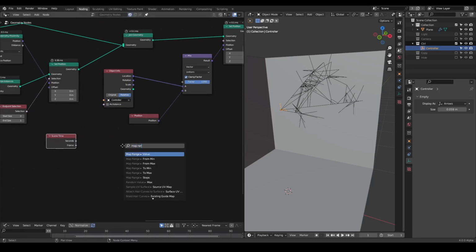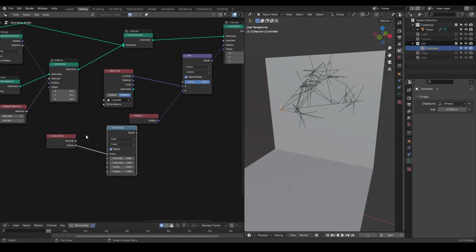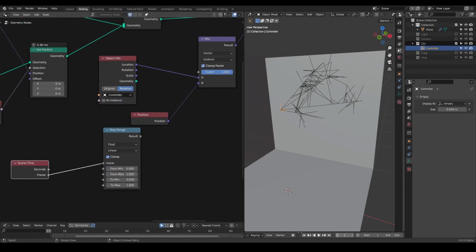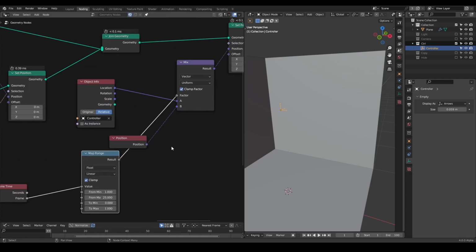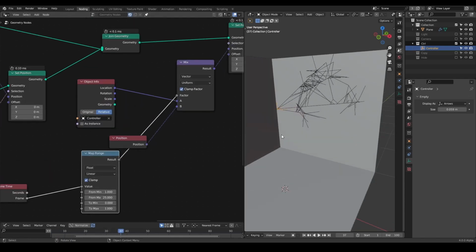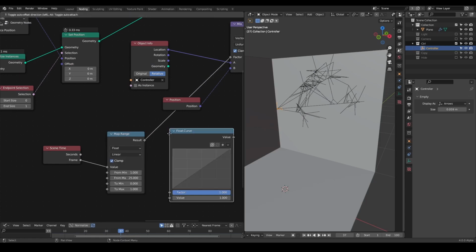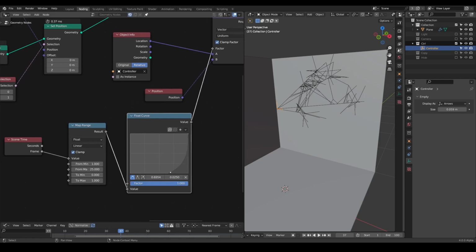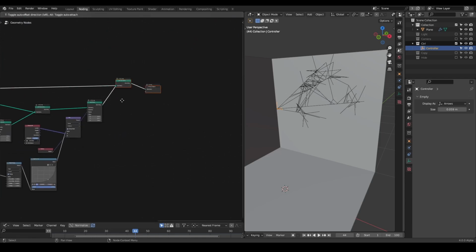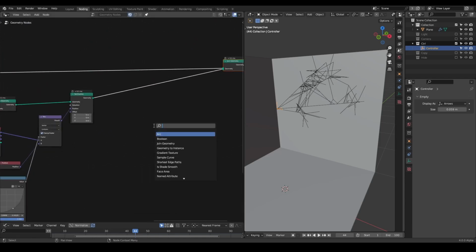So we take a map range. You can keyframe this, but here I'm just going to use a kind of cheating method. If this is scene time starting from 1, it will give a value from 0 to 1. So now we have this effect. I can also use a color ramp or float curve so that we initially have close to 0, and then it becomes very fast. So once we completed this, we can add an inertial deformer,